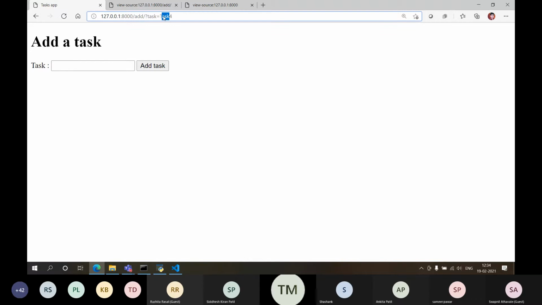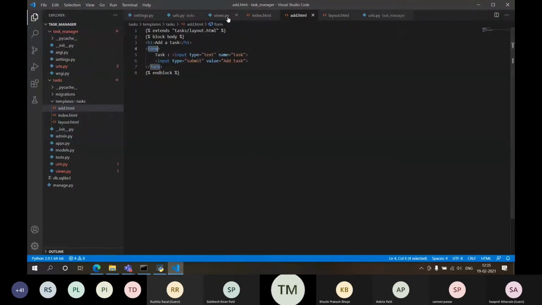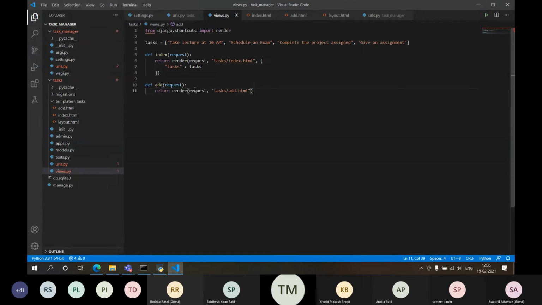But right now I haven't written any logic to add a task, right? So let's add some code in my views to add a task.